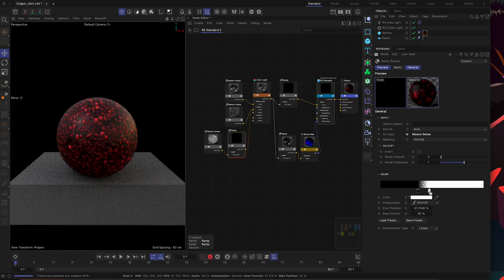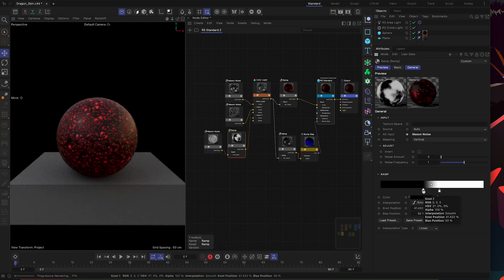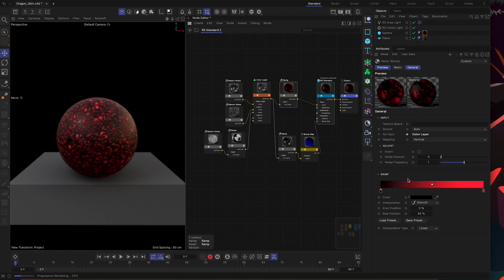Let's pull it back a little bit. Okay, so I'm just going to call that good for now. Now, the other thing that's not working here is we just have a color ramp right now that's just transitioning from black to red. I mean, you could choose to do that. That's fine. I'm going to pick a few colors and invert this just a little bit